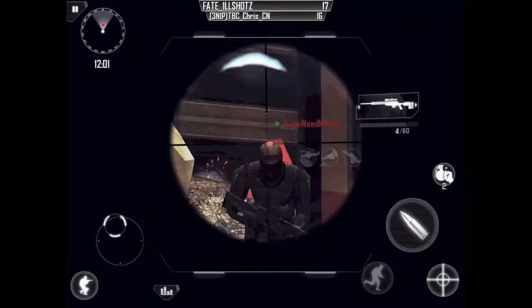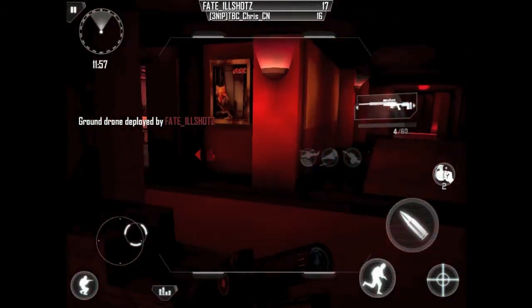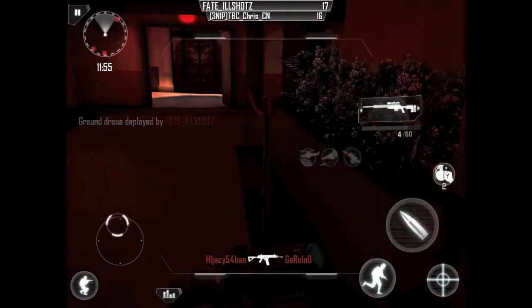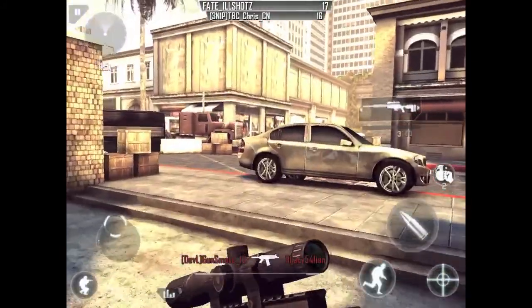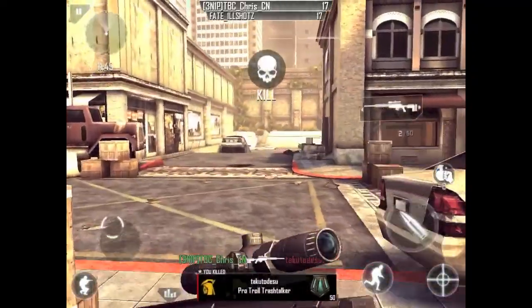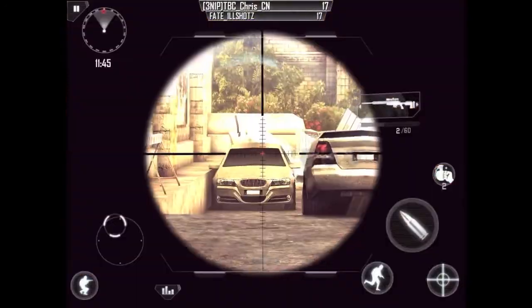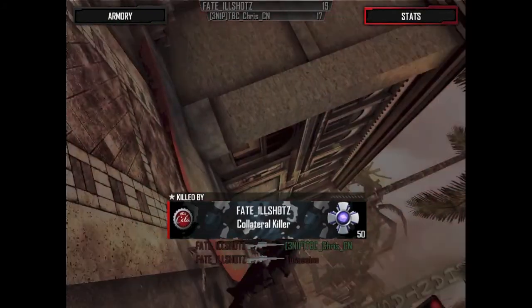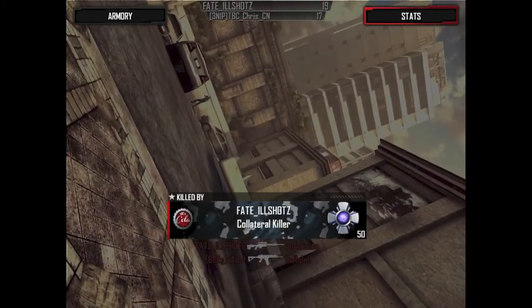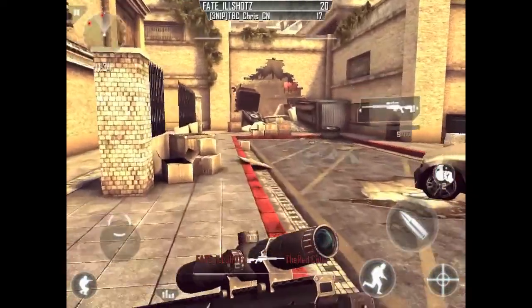What else? Oh, grenades. So the concussion grenade is now my favorite grenade in the whole game, primarily because it's one shot kill, or one insta kill. But you have to be very accurate with it. So it's pretty good at close range, but at long range you definitely need some skill to get whoever you're throwing at. And for the attachments,